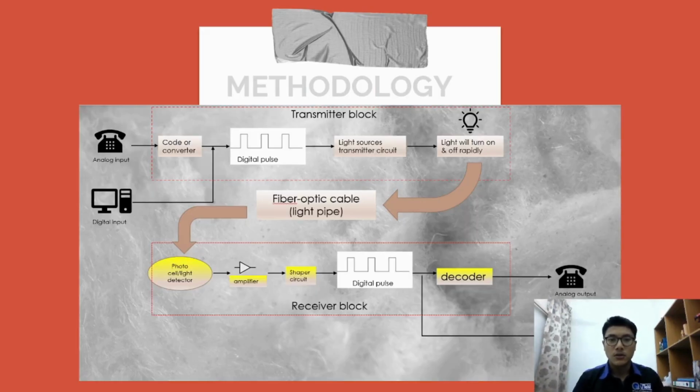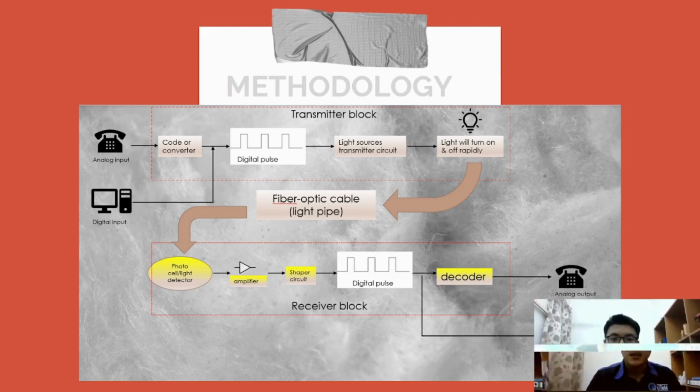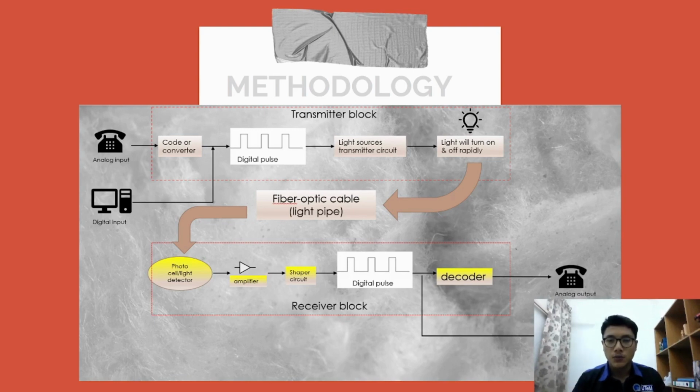So we go to the methodology. As we can see here, this is the transmitter block. The analog input will go to the coder converter. After that, the digital input will combine with the analog input. Then we go to the digital pulse, and then the digital pulse will produce the light source transmit circuit, and